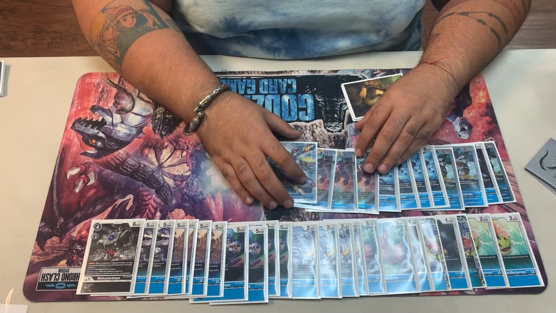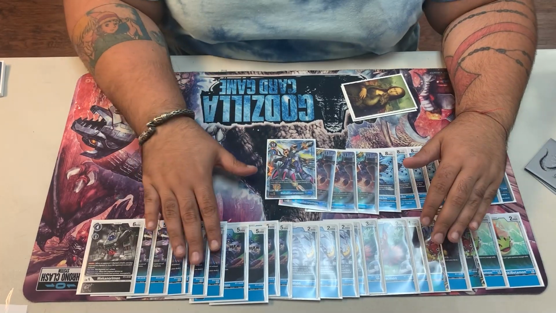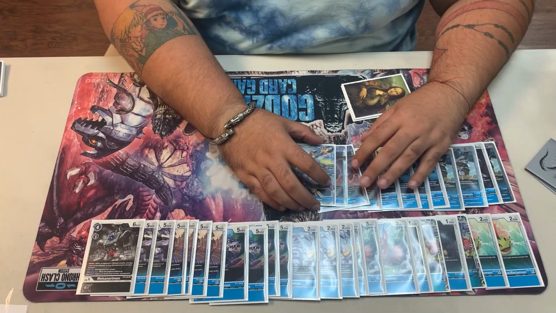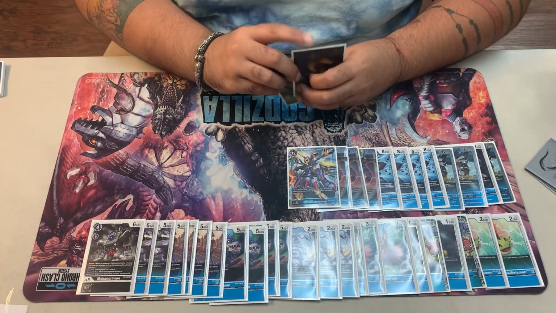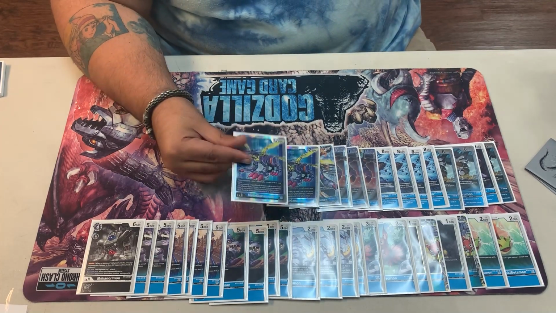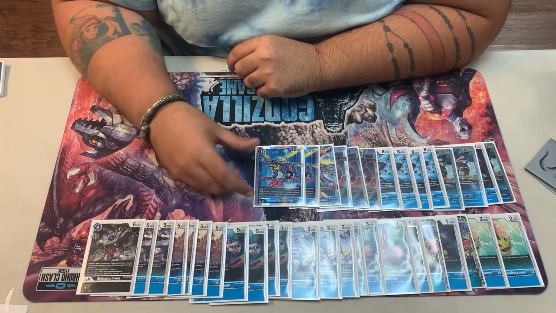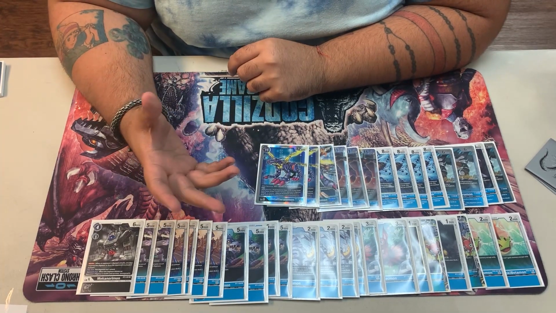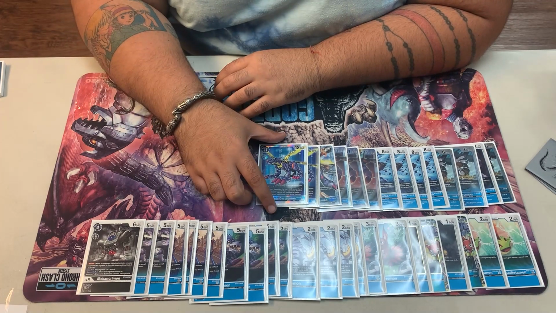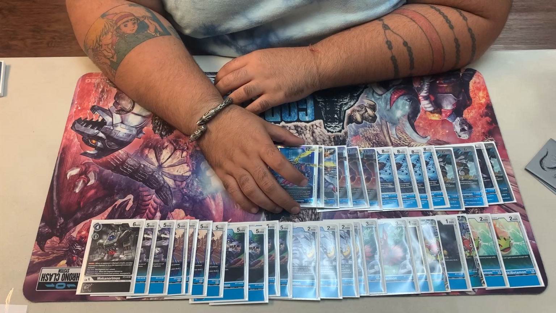But guess what, guys? You are searching, you are drawing, you are drawing, so it is so easy to get to 8. And the new Metal Guru, the EX1 Metal Guru, reduces its evolution cost for every 4 cards you have in hand. So at some point it becomes 2. If you're just cracked, you make him 1. You have that heavy hand, or if you have a crazy heavy hand,